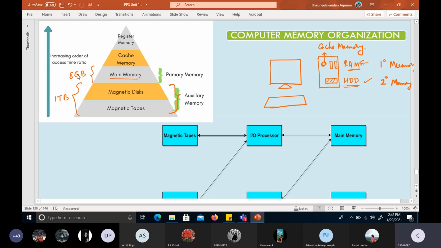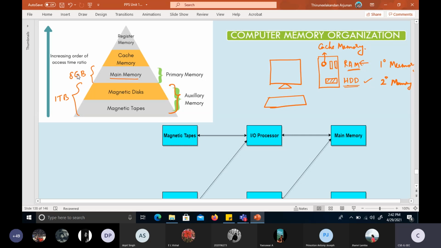So why I am saying all this is, you need to have a better understanding of where this hard disk is, where this RAM is, and where our processor is. Inside the processor we have cache memory, and in addition to the cache memory, the processor also has its own register, which holds a very small amount of information. For example, the register memory size will be in terms of KB only. In that very small memory space, only very specific files will get stored. So keep this in mind.